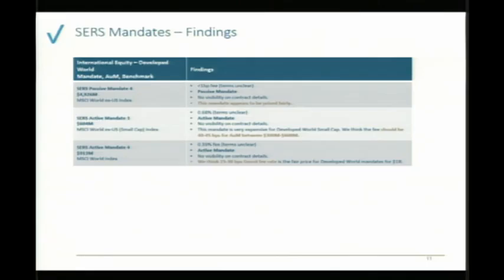Another passive mandate priced fairly. Another active mandate, which we believe is too high. Again, on SURS, as a little side note, we haven't had unredacted contracts, so we don't know exactly what the terms are. We've only actually seen a number, and that number appears to be high. We would need to see the real terms to be able to give more of a statement. Next mandate, the same. We believe that the rate being paid is too high. There's an opportunity to renegotiate that mandate.